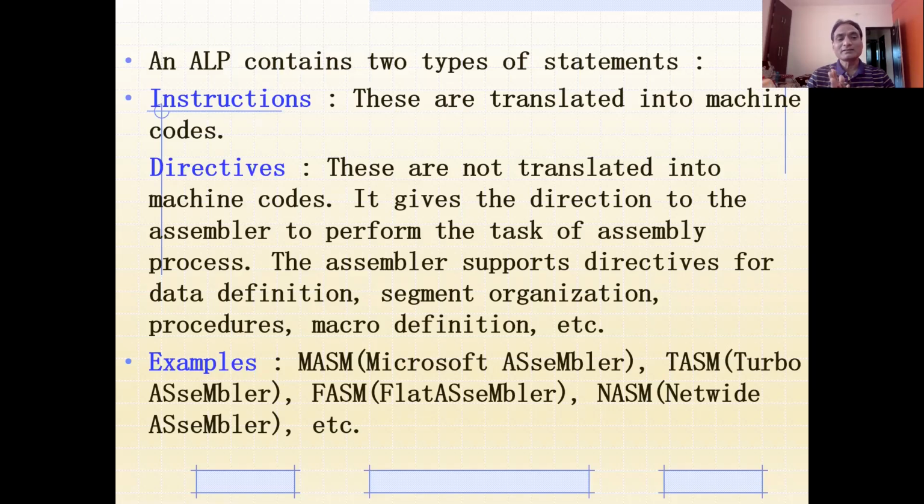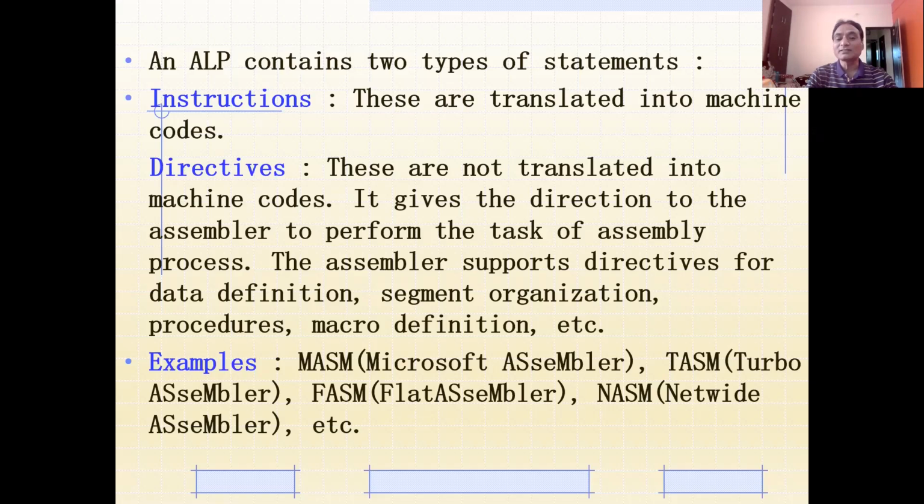But those instructions, whenever you are assembling the program, the assembler will convert into machine language program. However, if you really want to do the addition, you need to give some directives to the assembler as well. Directives means what? Once you get the addition, where the data needs to be stored, where the processed data can be stored, where the raw data can be stored. All those things can be given by using some assembler directives,